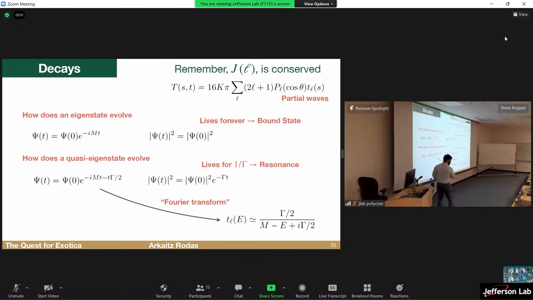So if you get this amplitude, remember, this was quantum mechanics. We are in a relativistic description, but if you do a Fourier transform of this to change from the t variable to the energy, that is going to be our x-axis, then these exponentials always end up being part of our denominators. So this is almost a pole. If it didn't have this gamma, it would be a pole on the real axis. Because it has a gamma, it's now a pole where? On the complex plane, right? If E is m minus this part, then it's a pole.